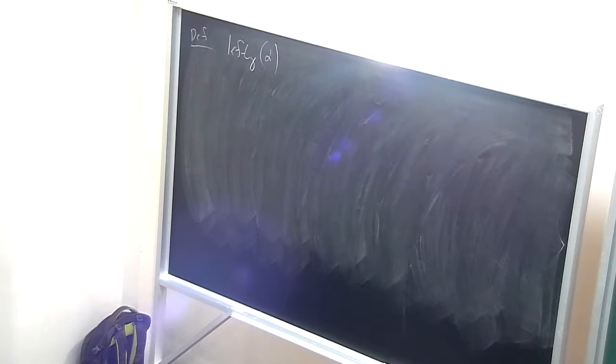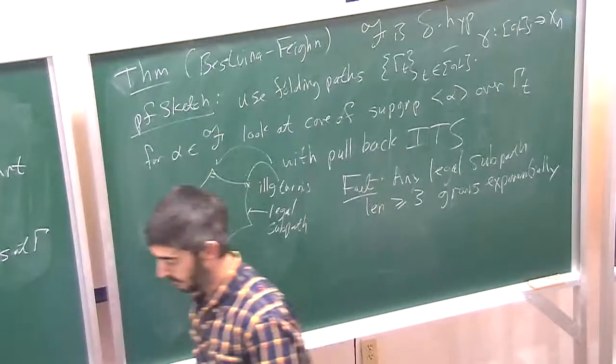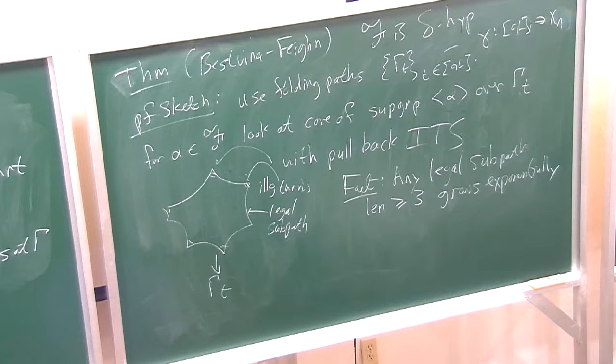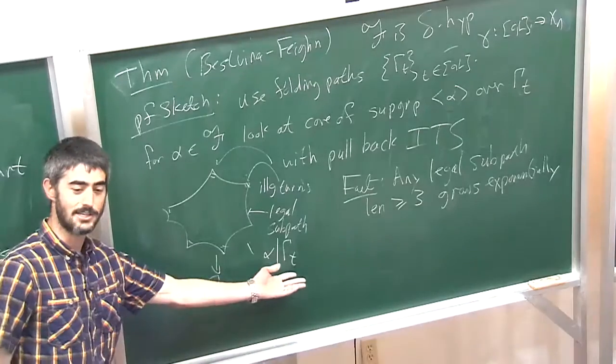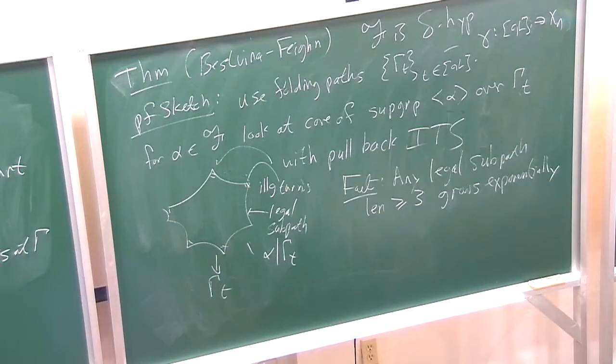So gamma is the name of the path. The left projection of my conjugacy class alpha to gamma is the infimum of times such that the core, this is my notation for the core, alpha bar, the core over that thing,